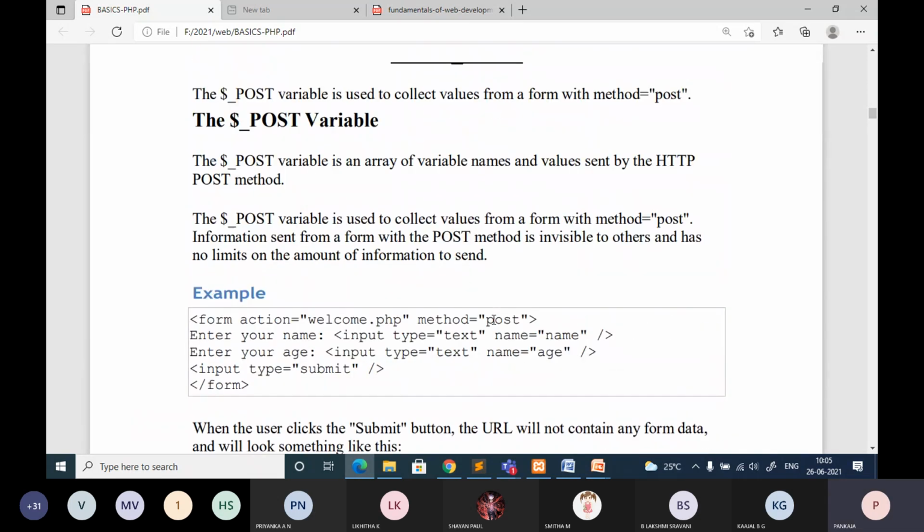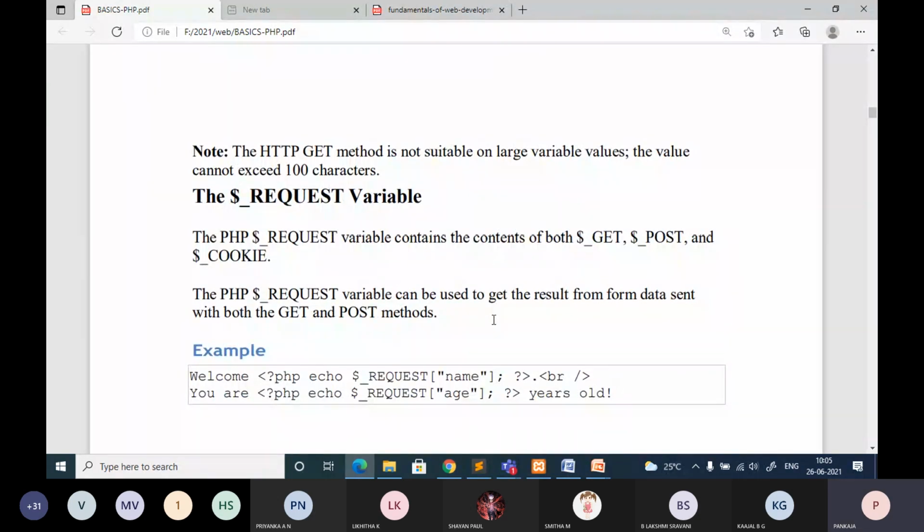Now in addition to this, we have one more called request. So what is this request?